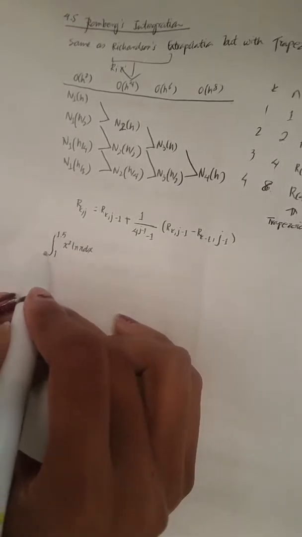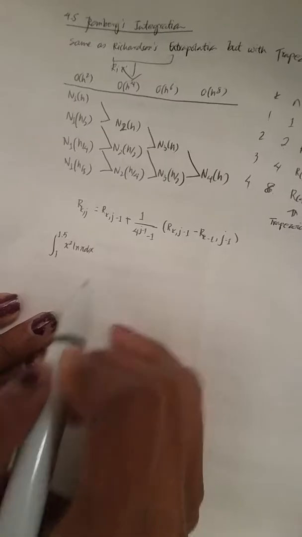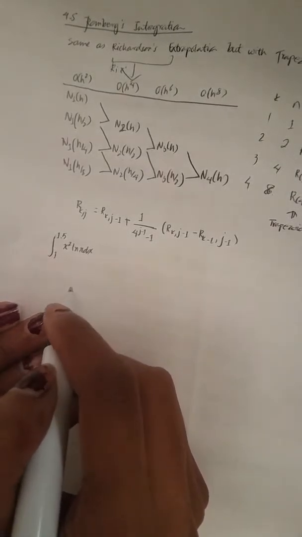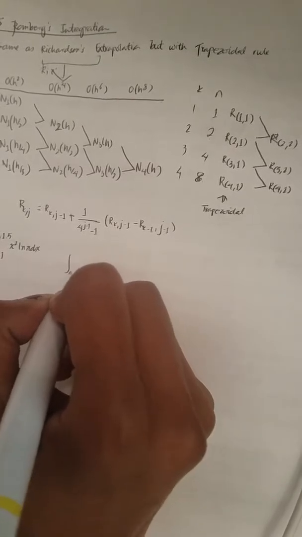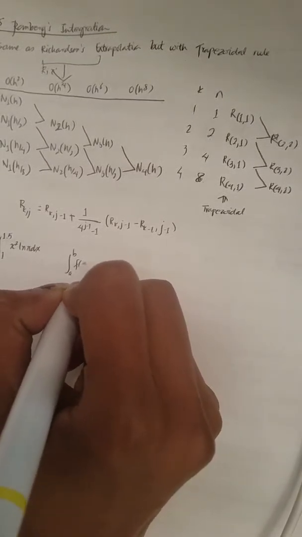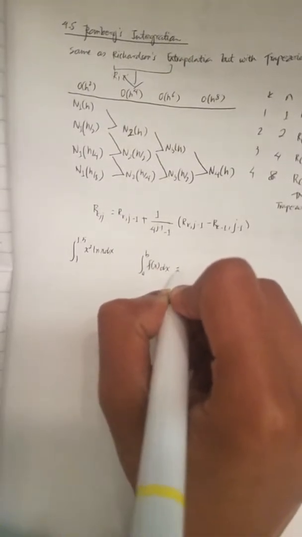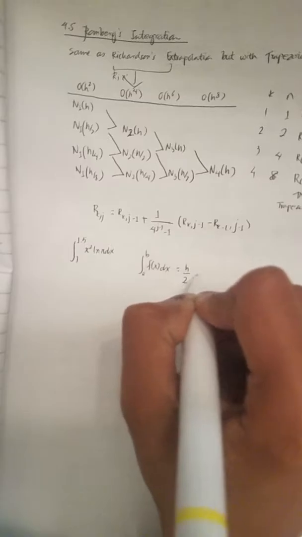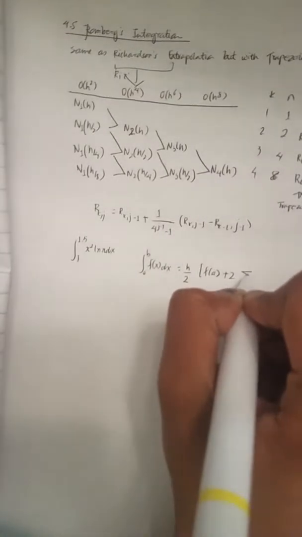So this is our question, the integral from 1 to 1.5 of x squared ln x dx. If we remember the trapezoidal rule, for the integral from a to b of f of x dx,